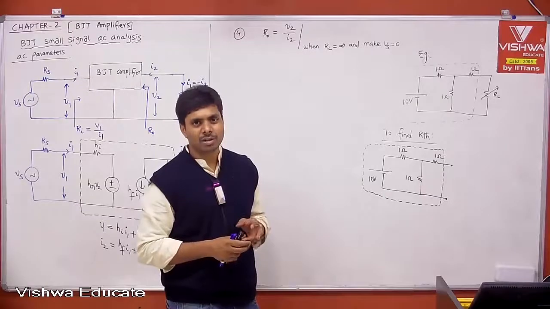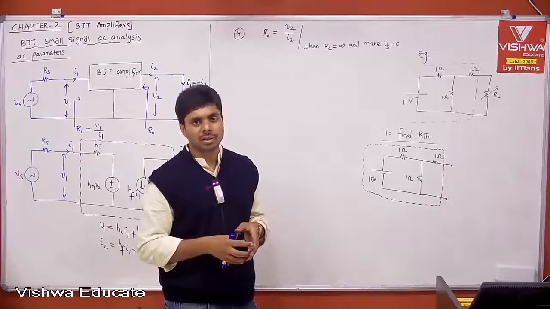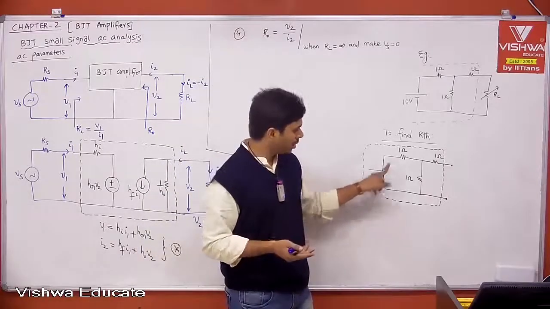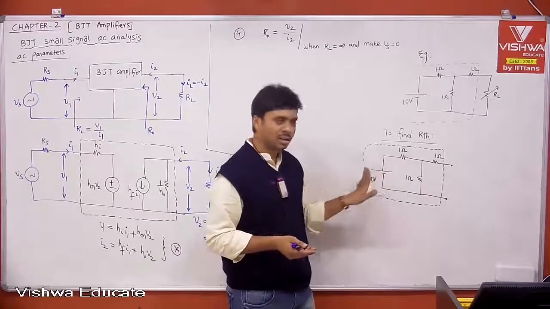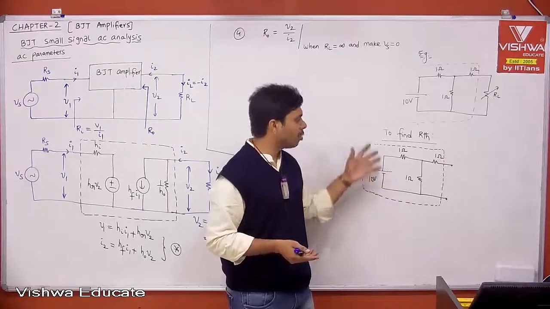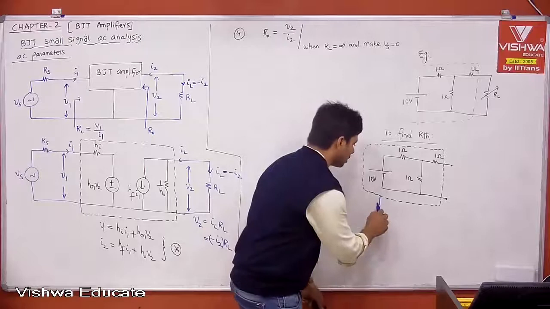Now the question: what is linear, what is non-linear? If an element is non-linear, definitely the circuit is non-linear. Is a voltage source linear or non-linear? Non-linear. Except for the voltage source, everything is linear, but this is non-linear. Overall, it is non-linear only, right? Because this is non-linear, the network is non-linear,